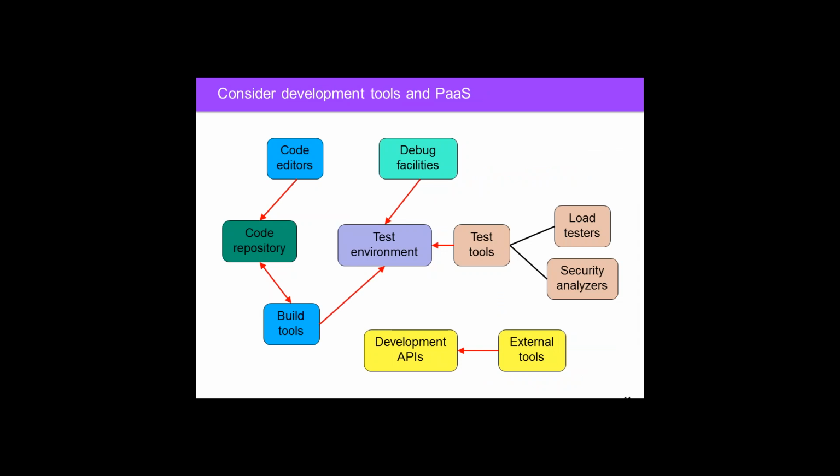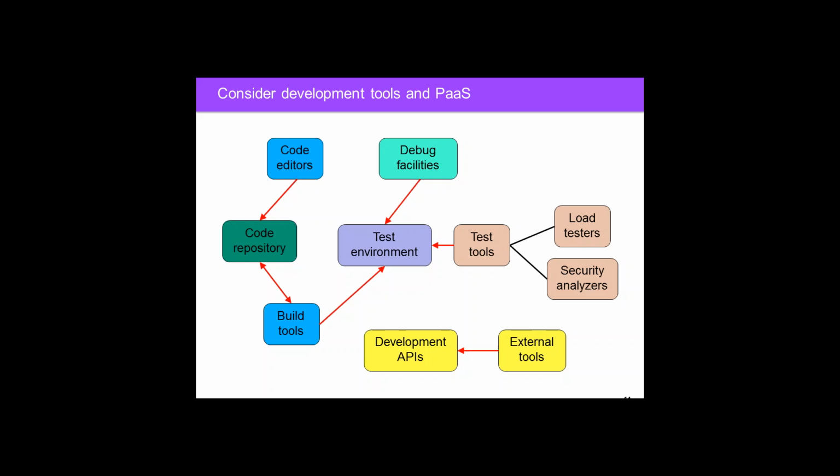There's some variety, I think, in what you get from different PaaS environments, but it's not untypical to find the kind of tools being offered that are shown on this page. I've tried to color them in a little differently to separate out the different pieces. It's common to find code editors as part of the offering. Often they'd be cloud-based ones handled through a browser, using, for example, things like the Eclipse Orion framework, which is a cloud-based code editing facility.